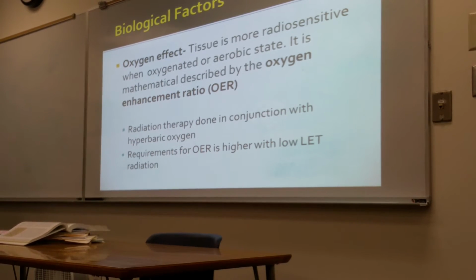Which means, based on what we just covered with RBEs, remember in our previous slide, the RBE for a regular diagnostic X-ray is 1. If we introduce oxygen to the cell that we're trying to treat, the RBE now is increased to 3. In other words, now we can cause more damage to that cancer cell if we introduce oxygen using the same type of X-ray. Yes? How do you make the area more oxygenated?